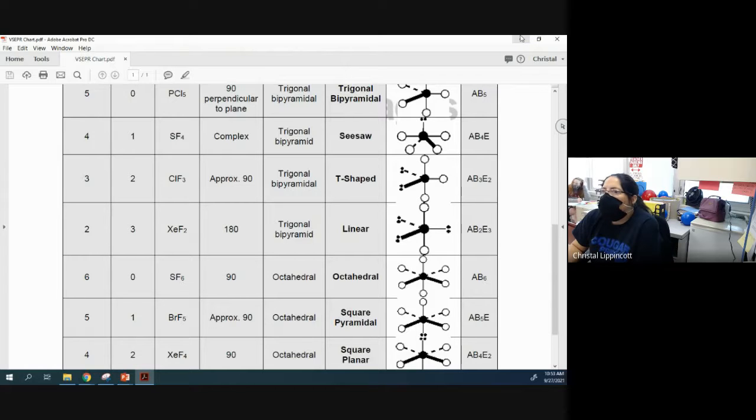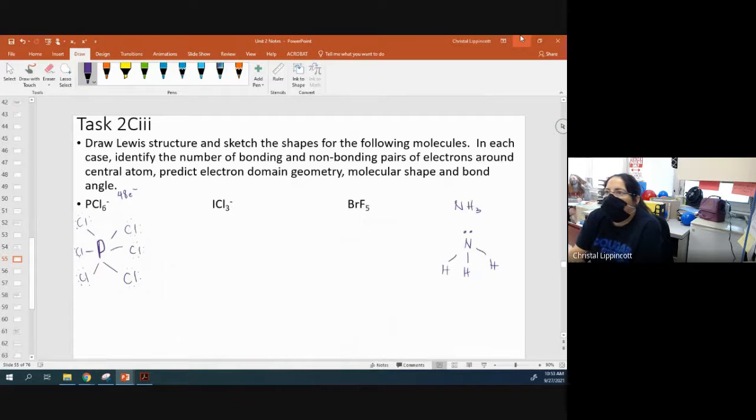Did you just write it down then, like octahedral and 90 degrees? Yep. So if they asked you to classify the non-bonding pairs of electrons, predict the geometry and the shape, and the bond angle, so octahedral. We don't have to redraw it? No, you're trying to draw, like this would be the tetrahedral here, or the trigonal pyramidal. Okay, and this is a good enough drawing of it. You don't have to try to draw the angles or anything yet. And it would be 90 degrees because you can't